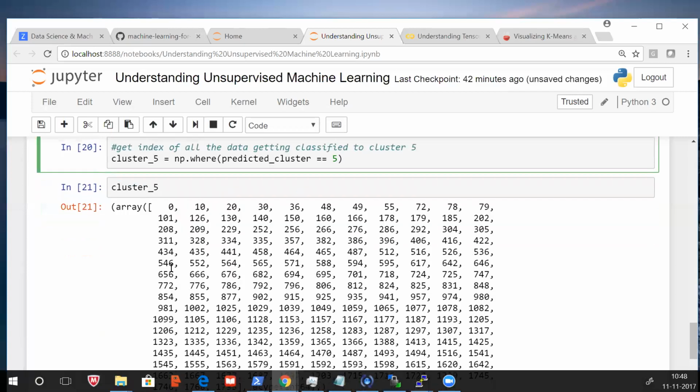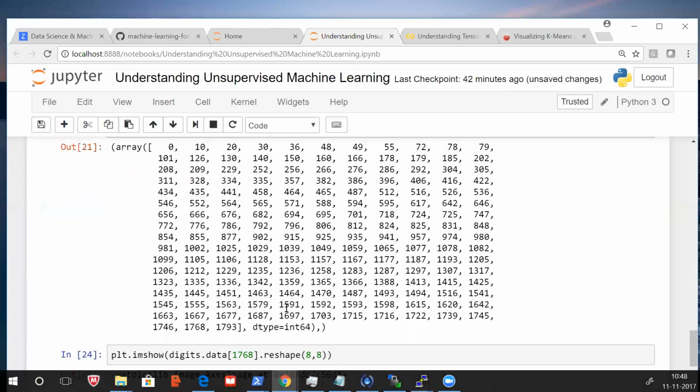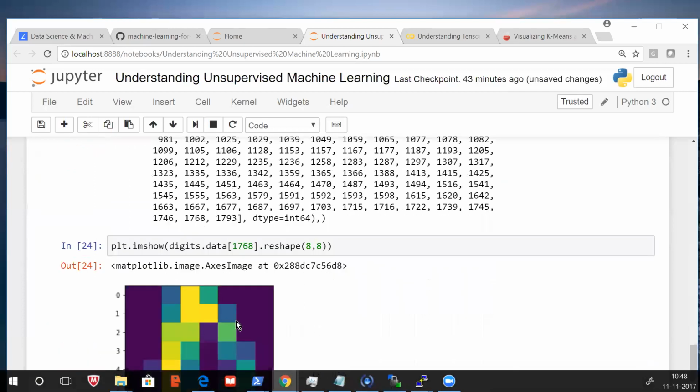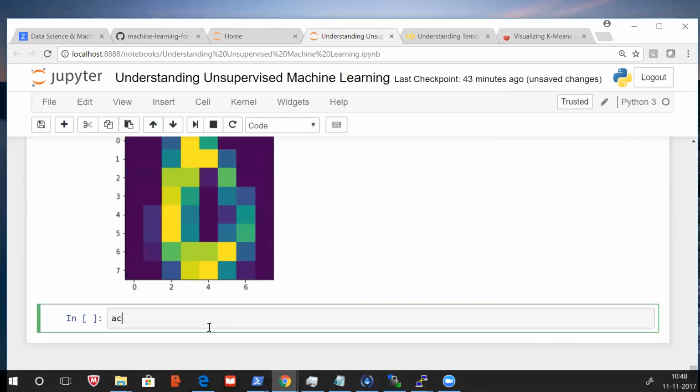So now you want to see how accurately. Now this part is clear, right? So now you want to check how accurately it is identifying this 0. What we'll do, we have a label for all of them, isn't it? We will see what is the label for all of them at these indexes. Understood, right? Whatever the index number for a cluster, it is kind of unique. Whatever number you get, it's similar. That means all similar looking things are grouped into this cluster 5. Okay. So actuals 5. We'll see this.